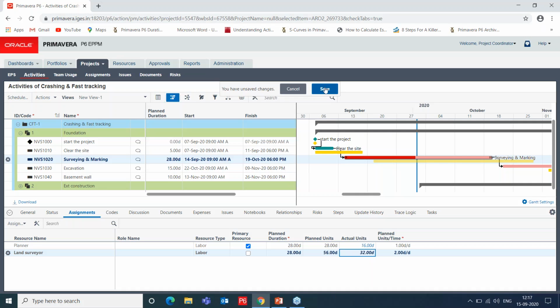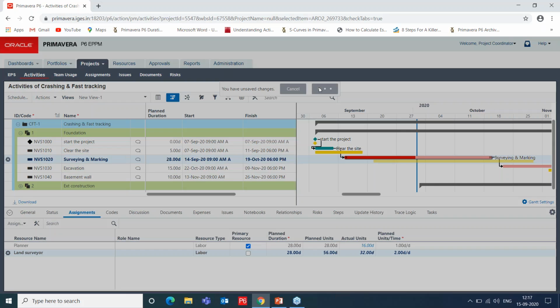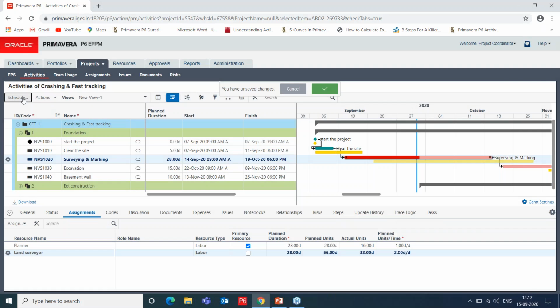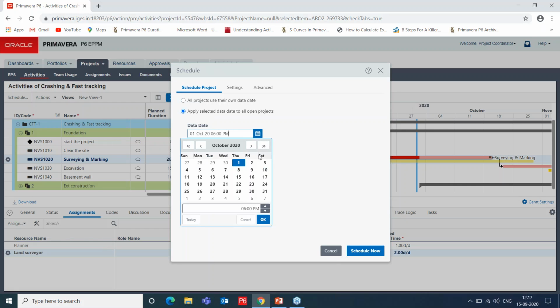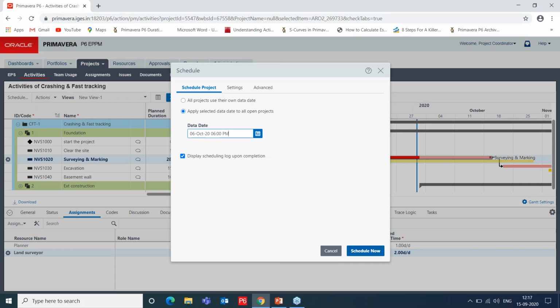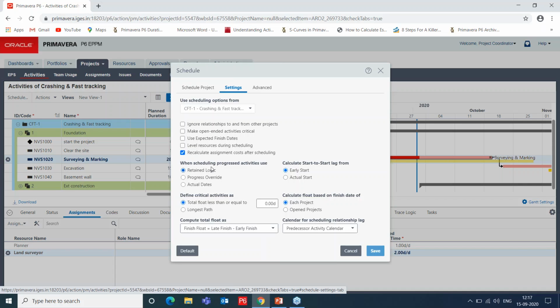So once this is done, we are saving the schedule, and we need to schedule on the corresponding data date. So I'm switching the data date to 6th of Tuesday to see. And one more consideration which we saw while fast tracking the schedule is changing the scheduling logic